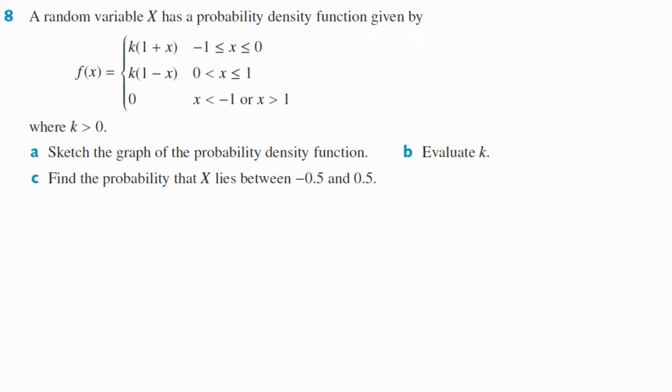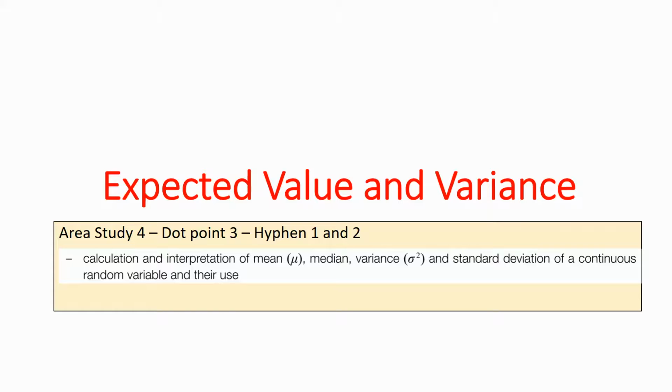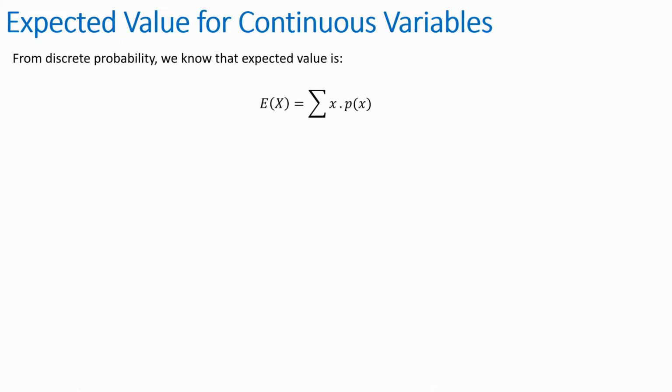Okay, now let's move on to today's exercise, and I'll come back to these exercises so you can work on it. Expected value and variance. Let's compare. This is what I taught you. I said the expected value in chapter 13 is the sum of your x data, your variable, whatever your data is, times the probability.